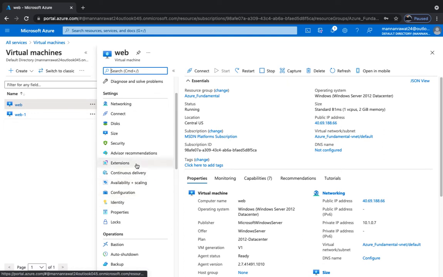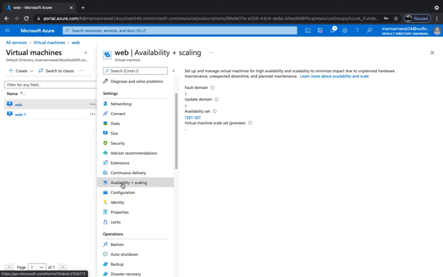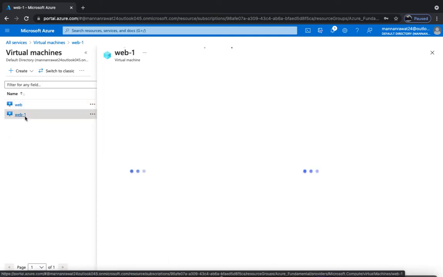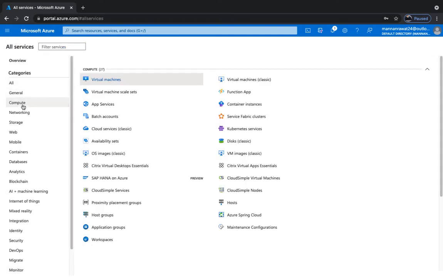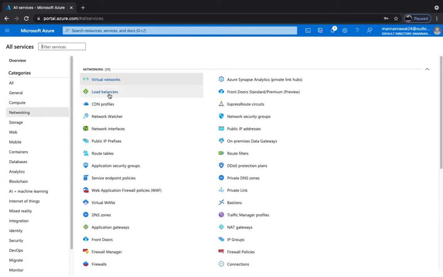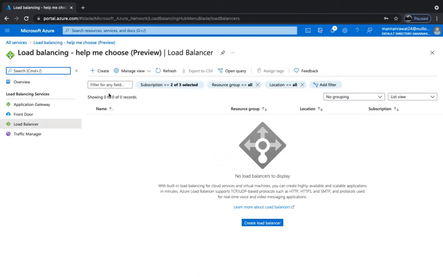So I'm just going to show you. I configured one availability set with the name test set, and both virtual machines are available in the same test set. See, this is the first procedure, the first prerequisite, you can say. And the second step, you just need to open the network part, go to the load balancer, because you know that the inbound NAT rule is available in our load balancer's properties.